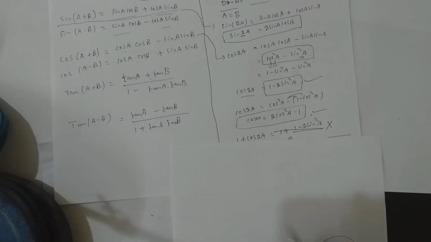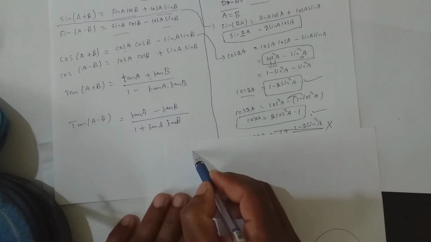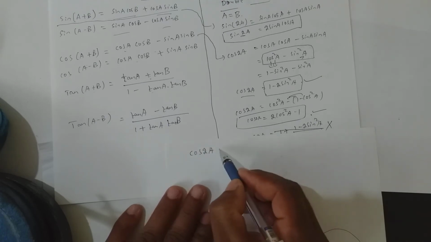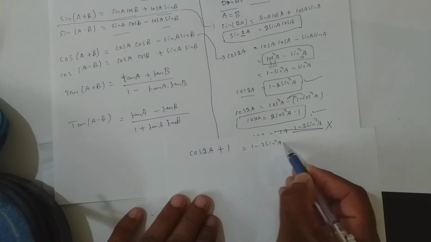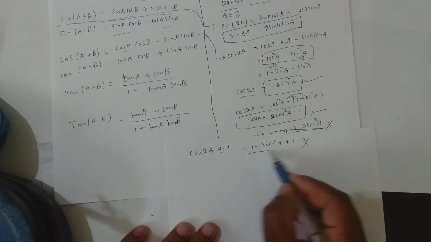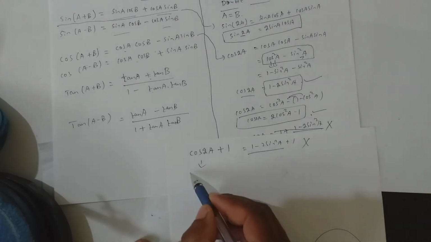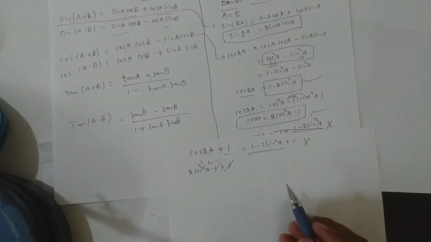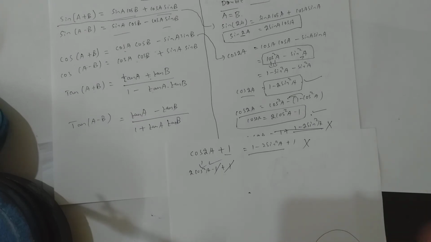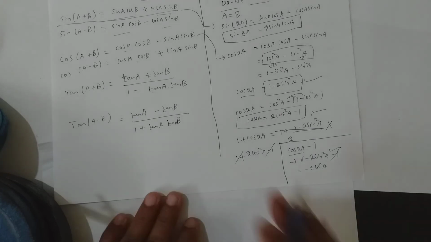One more example. If it is cos 2A plus 1, and I use 1 minus 2 sin square A plus 1, the 1 is not getting cancelled, so this formula should not be used. So I use 2 cos square A minus 1 and this plus 1: as the 1 got cancelled, this formula should be used. Am I clear? When should you use which formula for cos 2A? Priority: the 1 should get cancelled. Choose the formula accordingly. Okay, let us move to the next one.